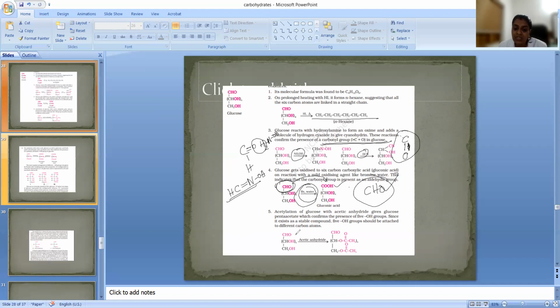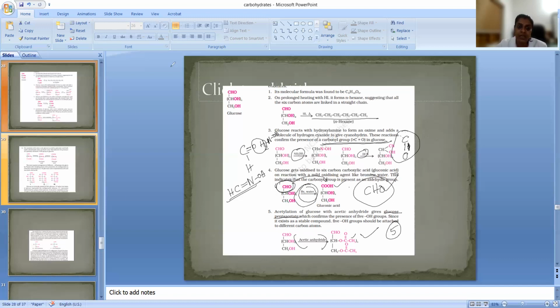Okay. Now you treat it with acetic anhydride and you are getting penta-acetate. After the reaction we are getting a glucose penta-acetate. So from that what we understand is, everywhere we are getting OC double bond O. So OH is reacting with the acetic anhydride. We learned in a previous chapter that an OH group will react with acetic anhydride, and we will get the corresponding ester. So 5 means 5 OH groups are present here. That idea we got: 5 OH groups are present in glucose.